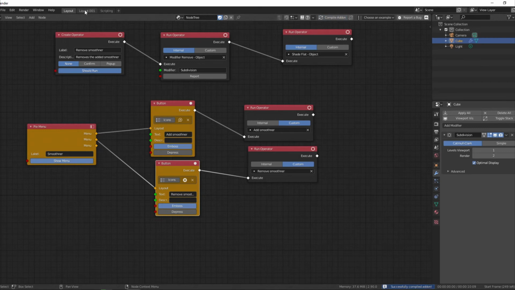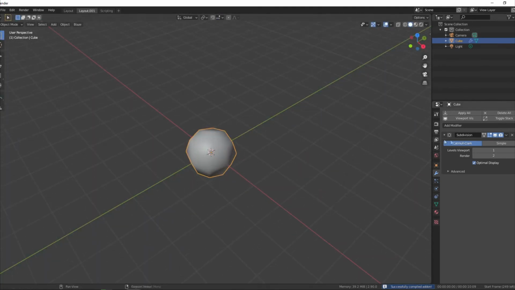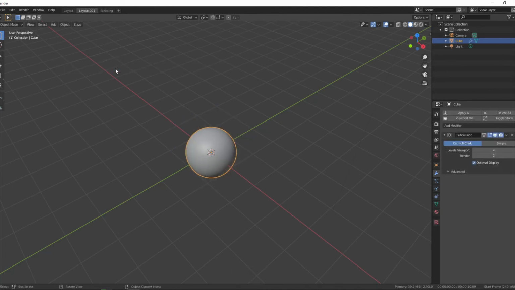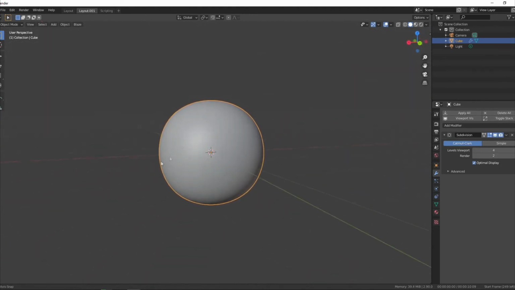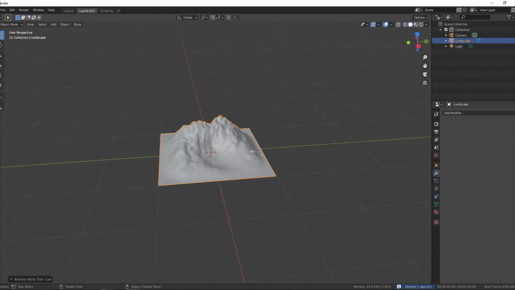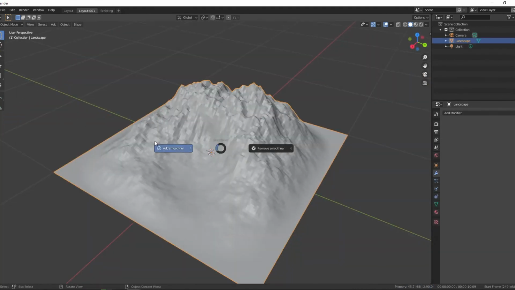And now we need to remove the smoothener, and for this we can hit the shortcut key for the pie menu and then press the remove smoothener button, and this will set this back to its default. And now if you add that again, it should apply with the new settings. So it is working very fine, and you can test it on various objects and it works very nicely.